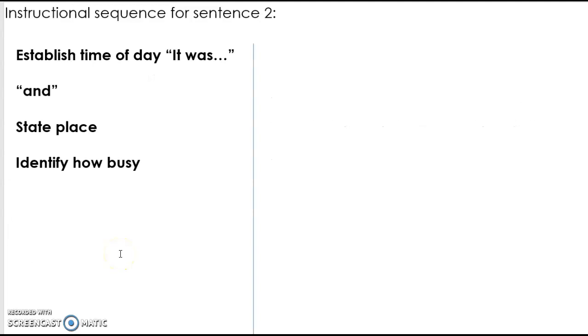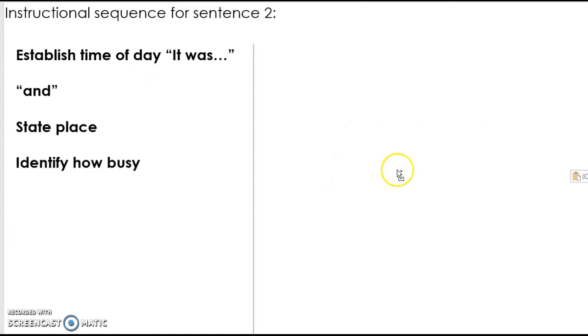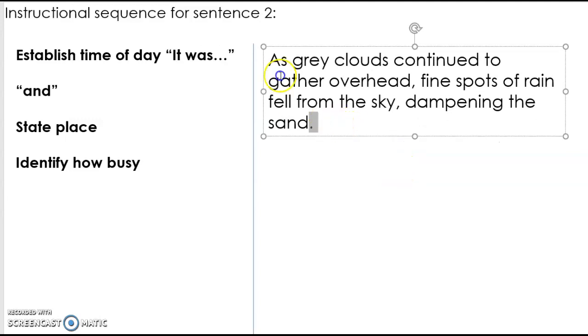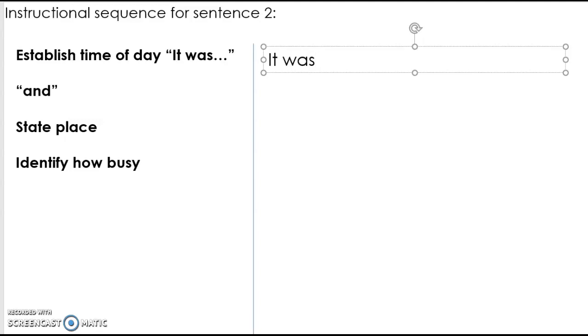So I can now go on to my second sentence, which obviously is going to carry on from the first one. And in this one, I've suggested that a good way to do it is to establish the time of day. So we can just open sentence 2 with the phrase "it was." So it's a nice, easy opening. So I can simply say "it was." Now, I'm going to set it early in the morning because, as I say, when I introduce my character on the beach, I want it to seem slightly strange for him to be there. So I'm going to say it was early in the morning and